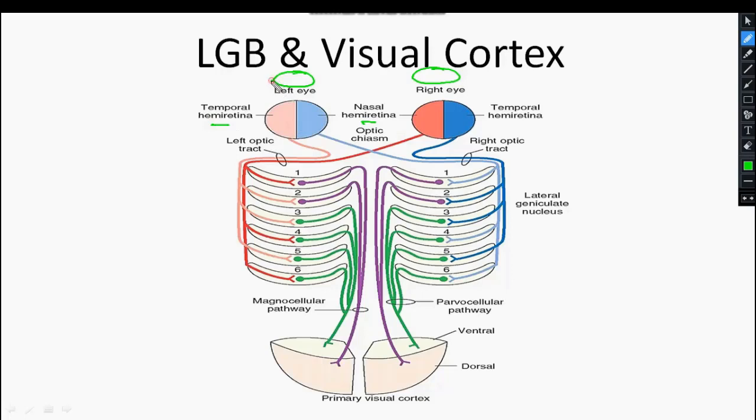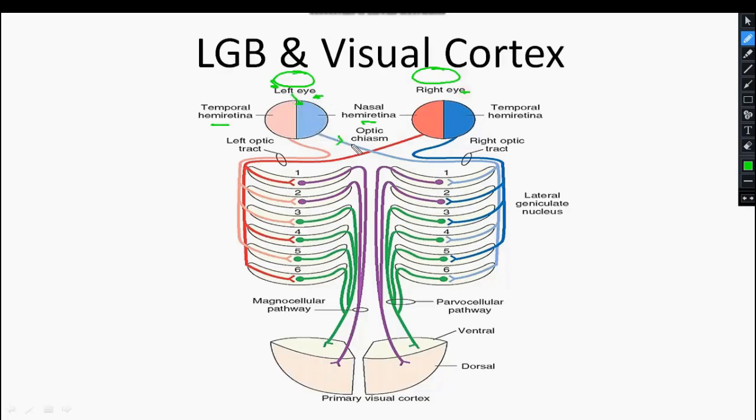As per the concept of physics, you know that light travels in a straight line. So when light enters here and falls over these rods and cones, the impulse will be generated, and the impulse travels from the rods and cones to the ganglion cell as the first order neuron. Then from the ganglion cell it will travel here as the second order neuron. Now say this is the left side of the eye and this one is the right side of the eye. So finally, what will happen?